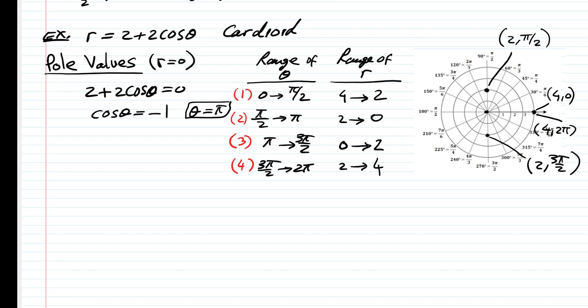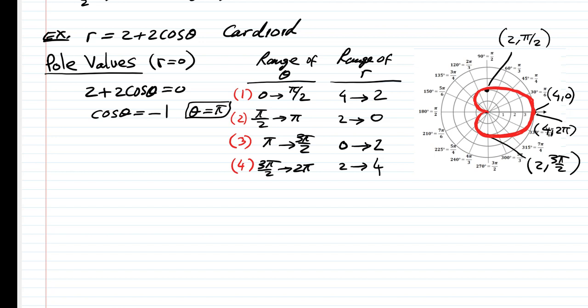All right, and we should be able to graph this cardioid now. So remember the first part of it was like this, second part, and then third part, and then it goes back. There you go, that's just the general shape. As long as I don't draw a rose or a circle, you know that this is a cardioid. And there you have it. That will be the graph of that